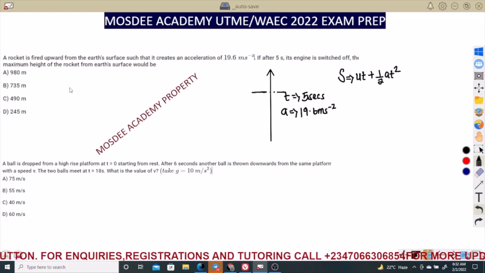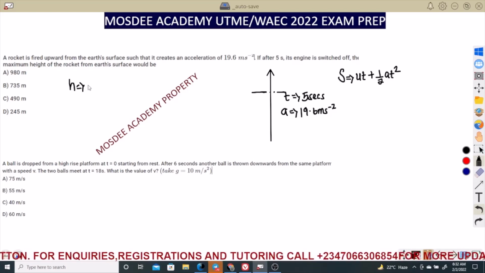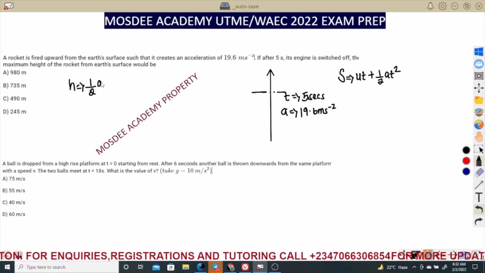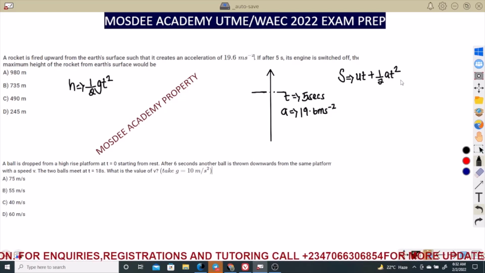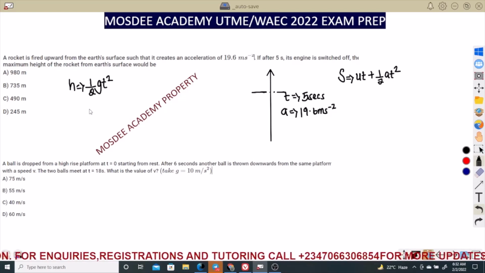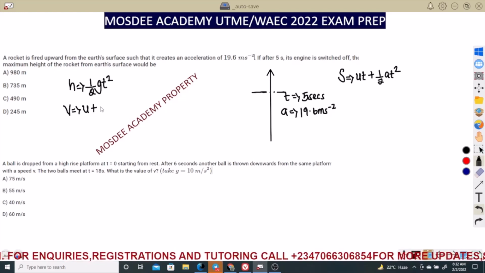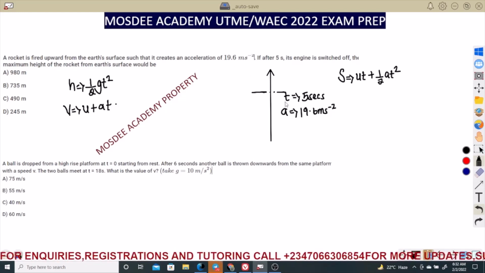Please get that. Now we say the body will move with a height of h equals half gt squared. You know that very well. Because if u is 0, a becomes g and so on. Remember that v is also equals to u plus at. Let us get the velocity the body has reached at this particular time.